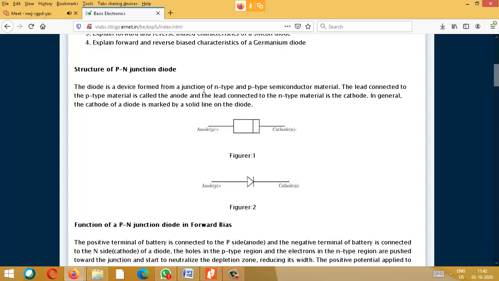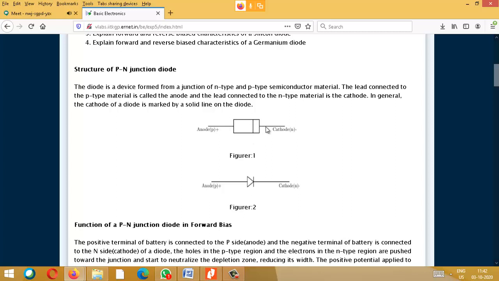See, when you have 5 fingers in hand, and you are giving only 4 fingers to join, then 1 finger will be left free. This can form a bond. That is the case of P type. Whereas in N type, to 5 fingers, I am going to give 6 or 7 fingers, which means 2 fingers are free, which means 2 electrons are free. So that is called N type.